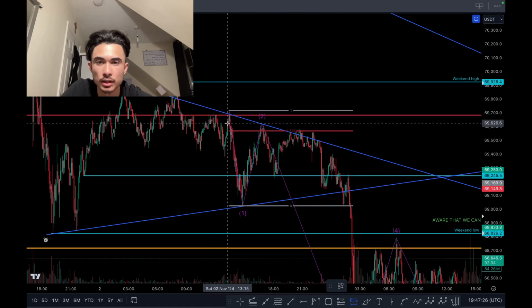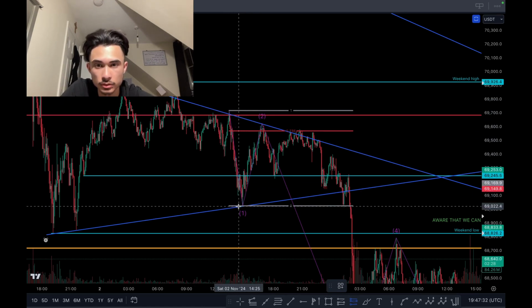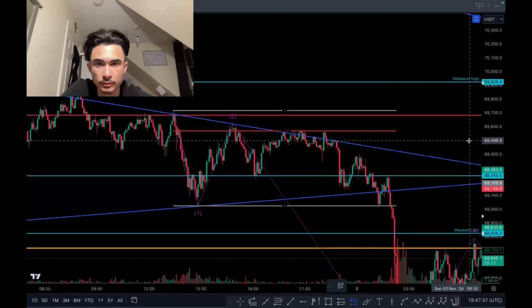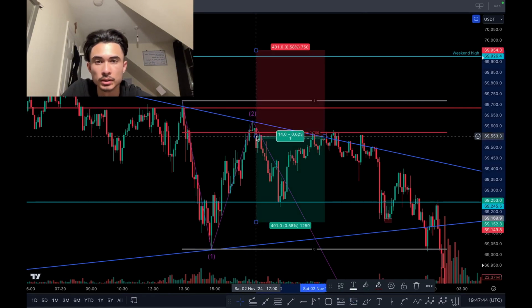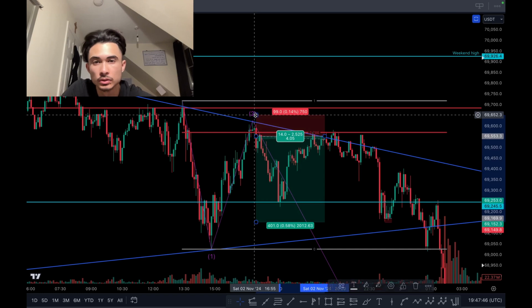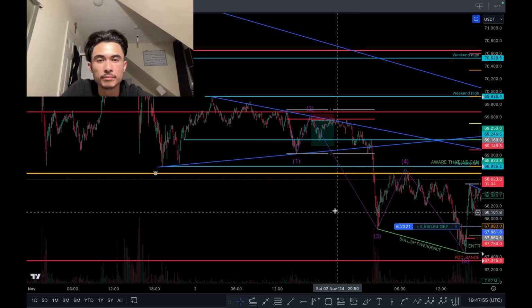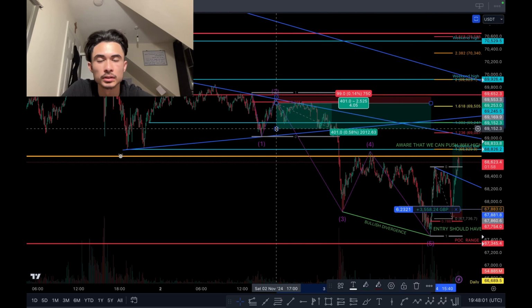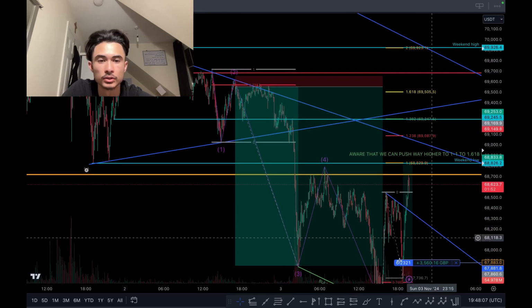If I was watching this as the first impulse, waiting for that retracement to the 786, you can see that I probably would have shorted on the acceptance back below, stop loss above the highs, letting price do its thing. The full move would have been a 1 to 17. However, no one knew that that would have happened.